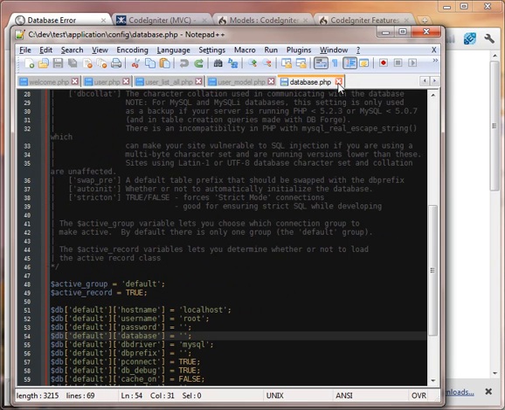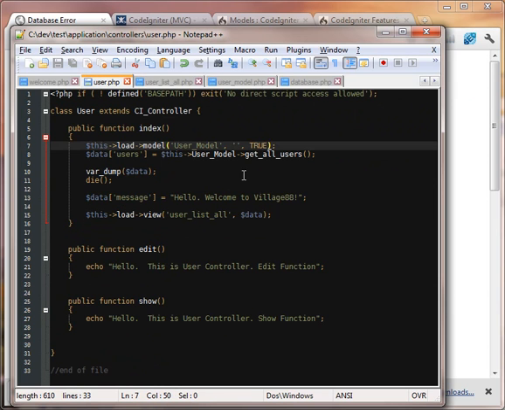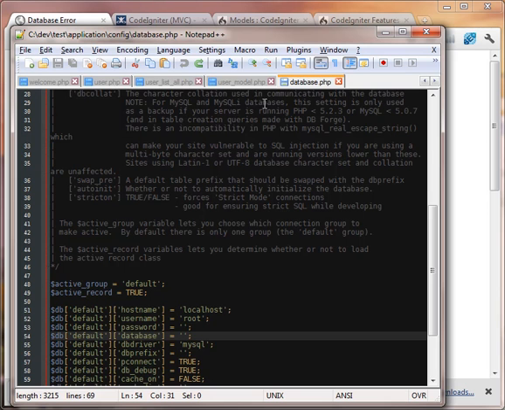Actually, now I was looking at what we need to do to make this work. In the user.php, turns out you actually have to add this to specify that you're going to connect to the default database contained in database.php. So add that,